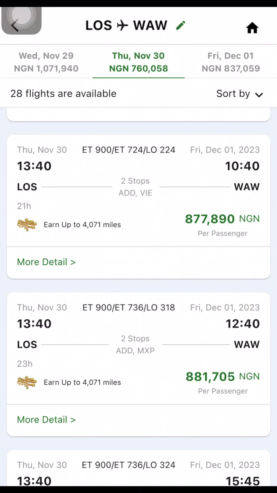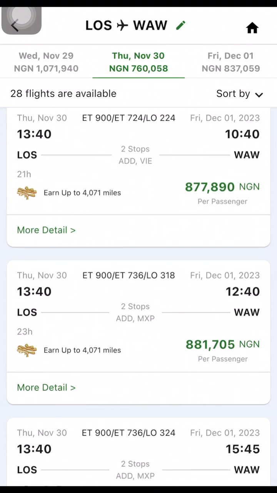If possible, choose a flight that has like 4 hours stopover, because there might be delay getting down from your previous flight to get to where you're going to board your next flight, and every other thing. There might be some delay. You might not locate your gate on time. So let's just put all those things into consideration. So make sure you book a flight that has enough hours for your stopover so that you don't miss your